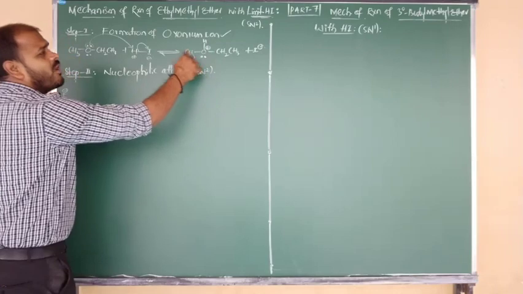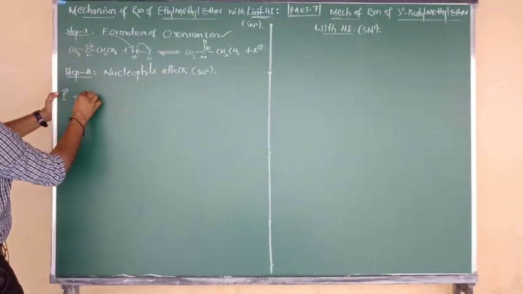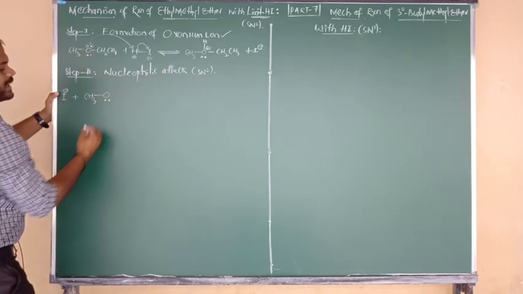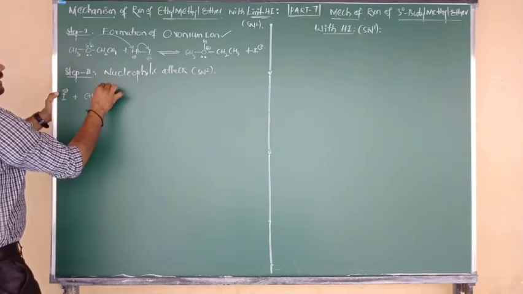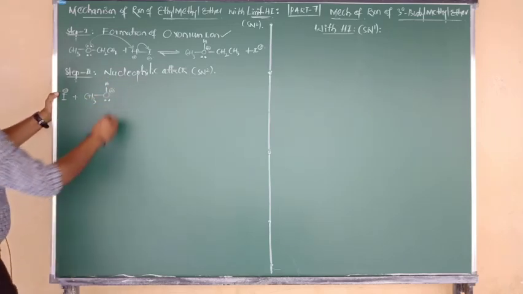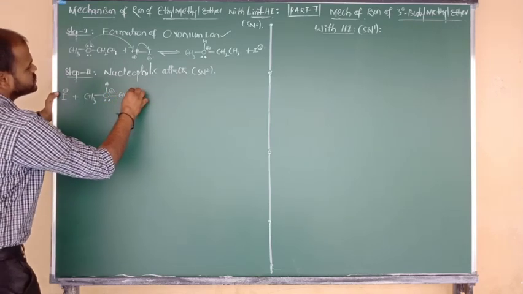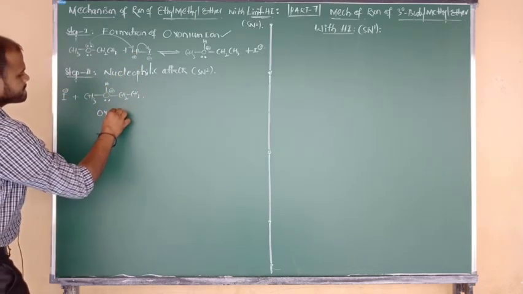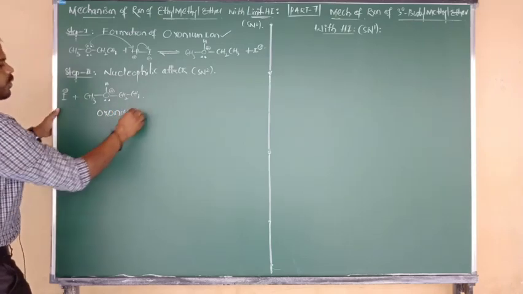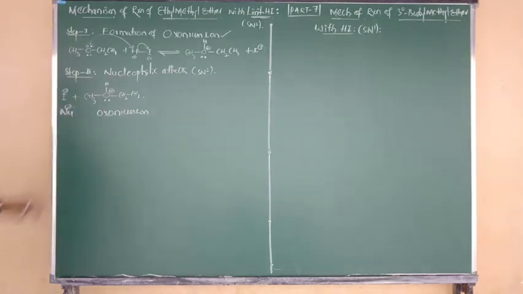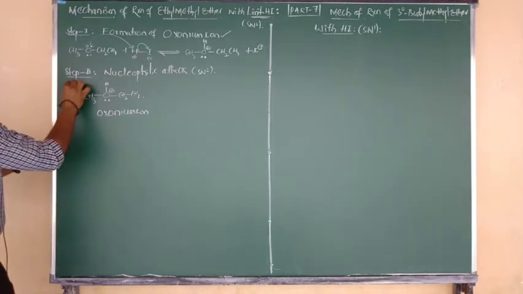The nucleophile I have written here attacks the oxonium ion. What is the formula of the oxonium ion? CH3 bonded to O. O has one lone pair as it is, and from above the plane it is connected to H, and oxygen carries a positive charge. It is connected to CH2 and also to CH3. It is the same oxonium ion I have written here, and it is attacked by the nucleophile, which is I minus. So the nucleophile attacks CH3.